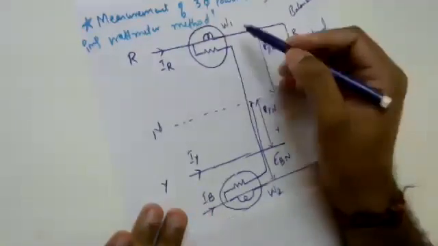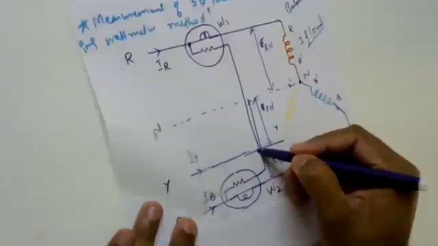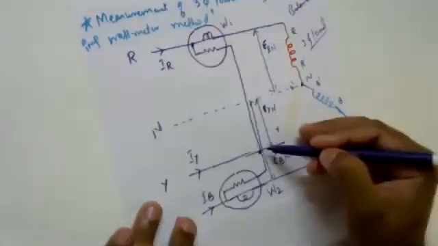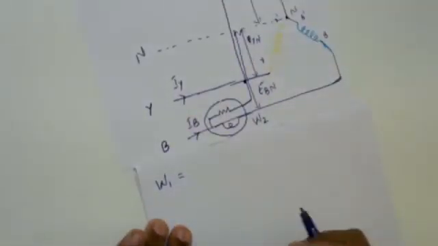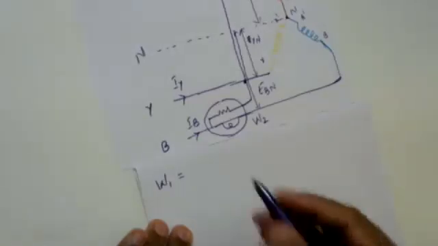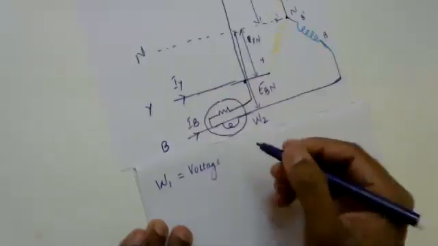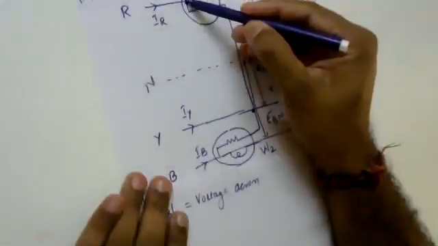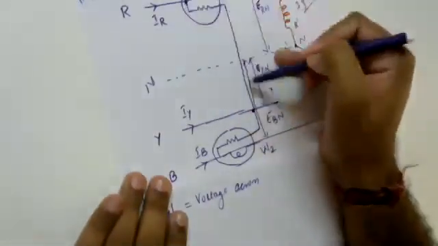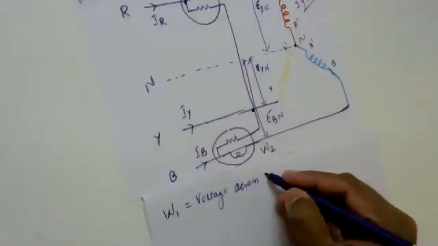And the potential coil is between the R phase and the Y phase. So it is between R phase and the Y phase. So how can I write this? Wattmeter W1 is equal to, what it does, I can simply say that it reads the voltage which is developed across, you can see here, this terminal is at R phase, the other terminal is at Y phase. So it reads voltage across its potential coil,